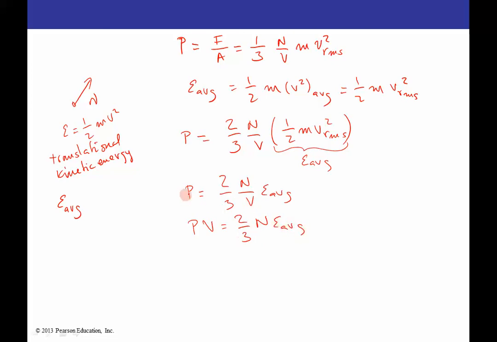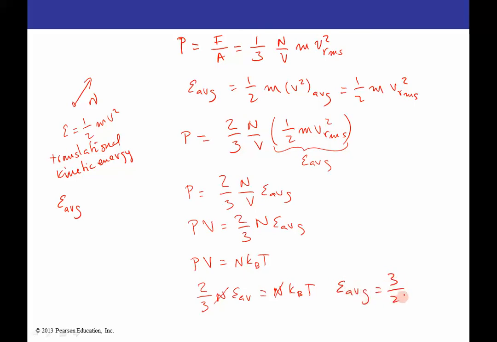I just send this V to multiply the P. Now remember the ideal gas expression, PV is equal to N kB T. So these two PVs are equal, so 2/3 N E average has to be equal to N kB T. If I cancel these N's,